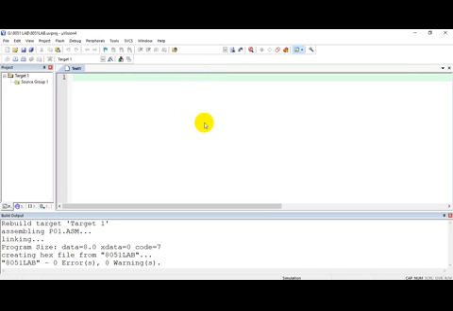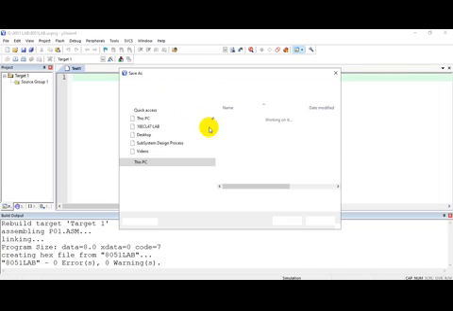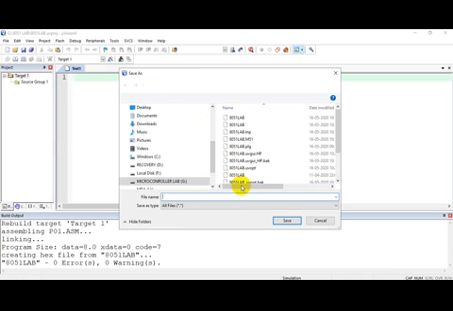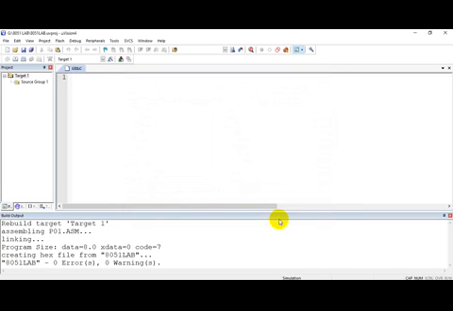Then I will save this, and I will give some name, say led.c. The important thing is the extension should be .c because I am writing a C program, and I will save this.